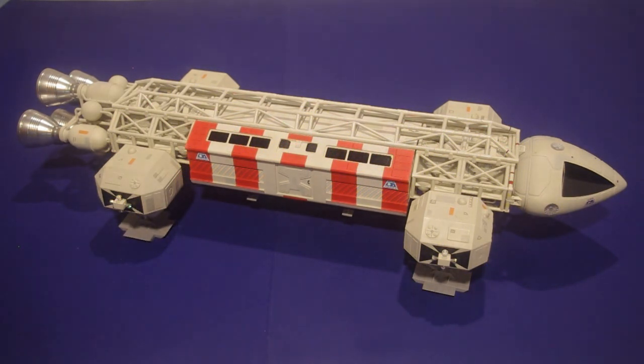As for other projects, I'll probably be starting work on my DeAgostini Millennium Falcon here pretty quick as well. I've got up to 70 issues worth of parts sitting in a big container, and it's about time to get it done. Oh, by the way, concerning the DeAgostini Falcon, yes,